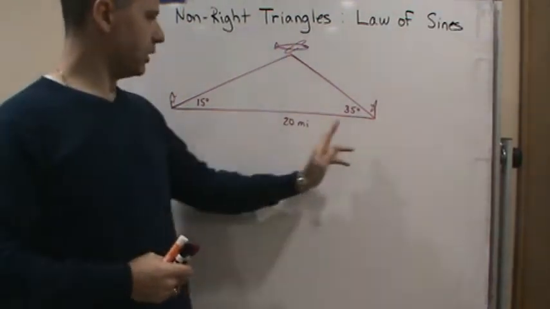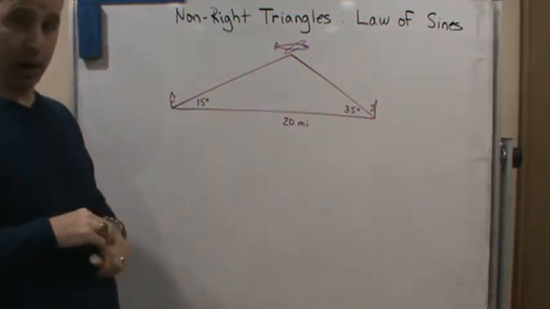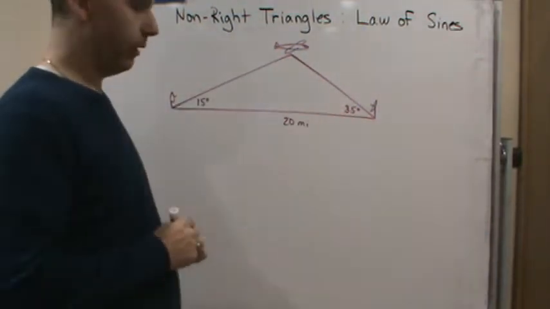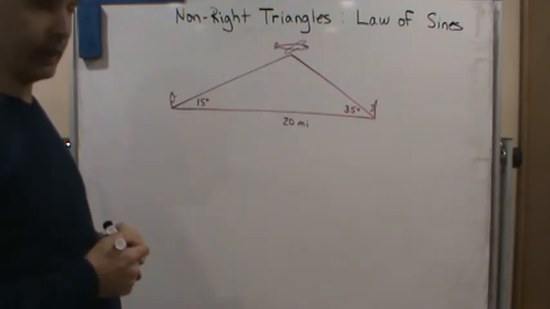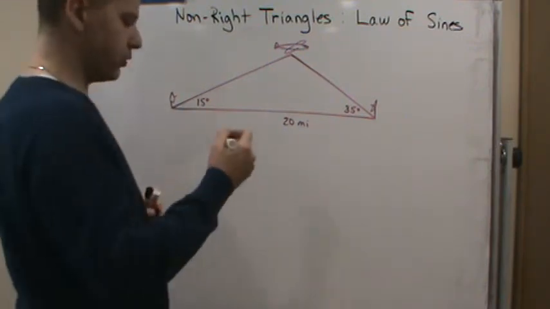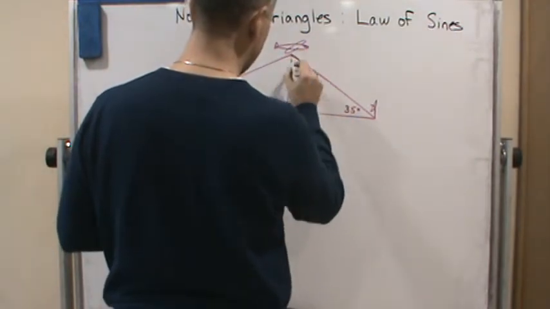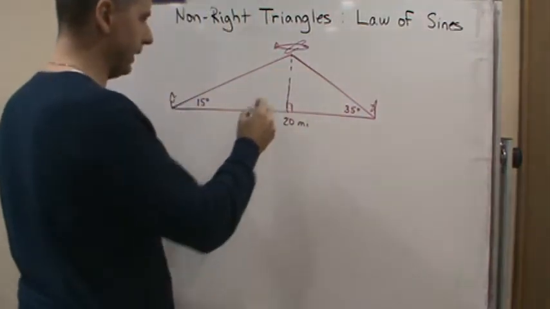And the distance between the two radars is 20 miles. So now we want to find out at that point in the flight how high the airplane is. That means we're going to find the altitude. So we need to find h,